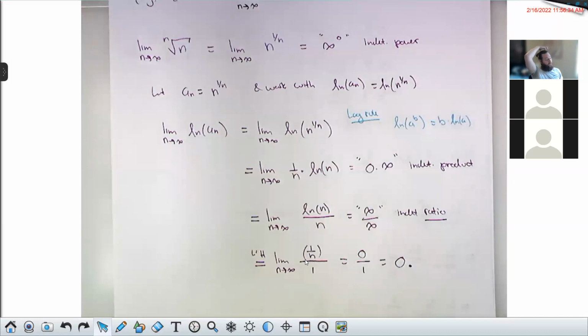But that's not the answer to my question. We chose to work not with an, but with the natural log of an, because that allowed us to do some stuff. That allowed us to bring this 1 over n out, whereas before we couldn't do anything with it. But if the limit as n goes to infinity of the natural log of an is 0,